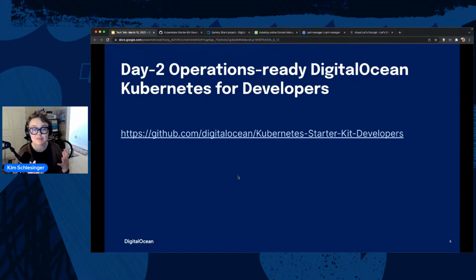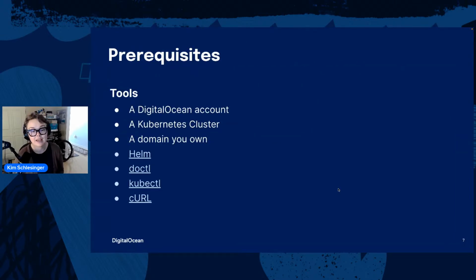So I'm doing an adapted version of the starter kit. If you're watching this in the future or you're watching this live and you want to try this on your own after the talk, I recommend doing chapter 3 of the starter kit there. And then if you are planning on following along, there are some prerequisites, what you need to have installed and ready to go. And so the first thing is you need to have a DigitalOcean account. You sign up with email and a password, and you put in some form of payment.